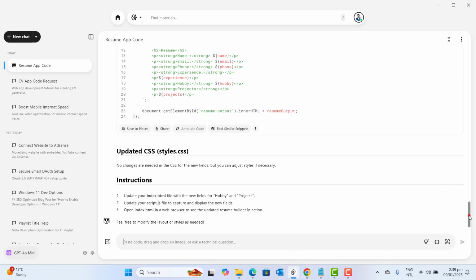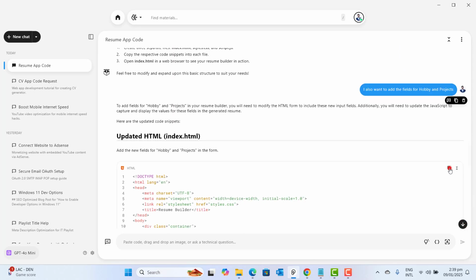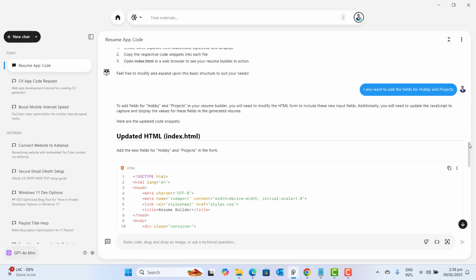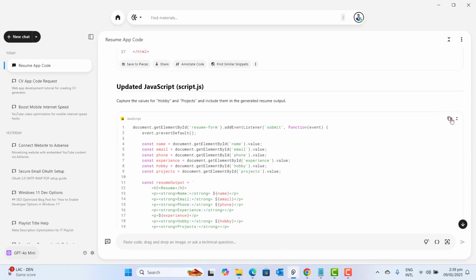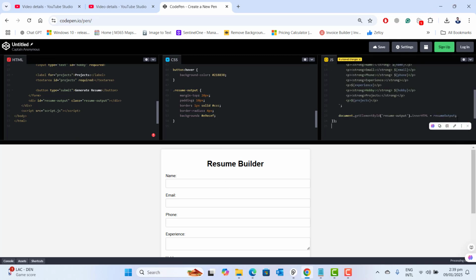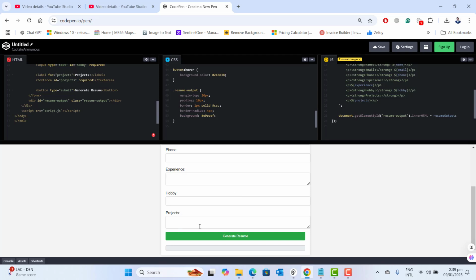So let's go ahead and scroll above and copy the HTML code. Again, replace all the HTML code, scroll down and copy the JavaScript code and replace all the JavaScript code,